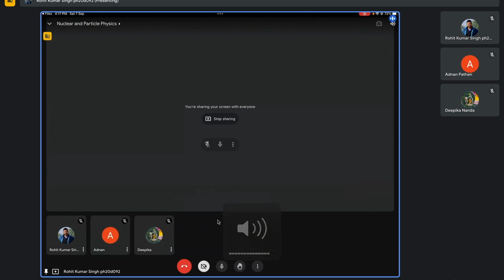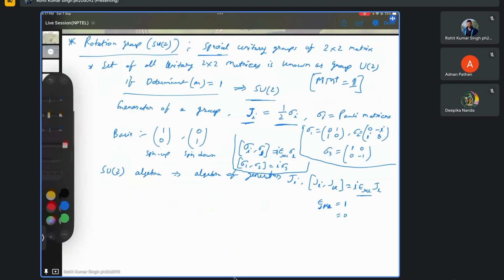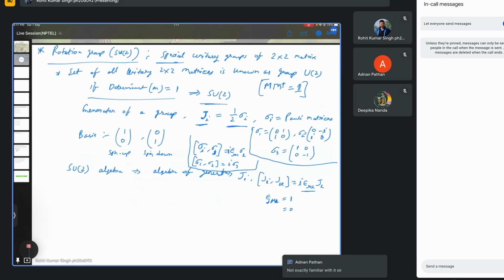Something is wrong with my speaker. Okay. Can you write in chat whatever you are saying? Okay, not familiar with it. So okay,